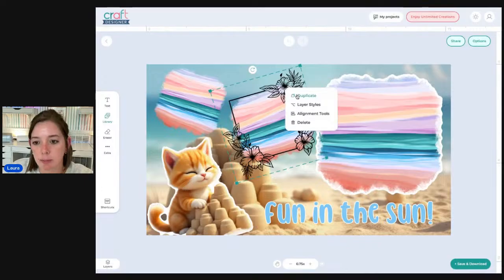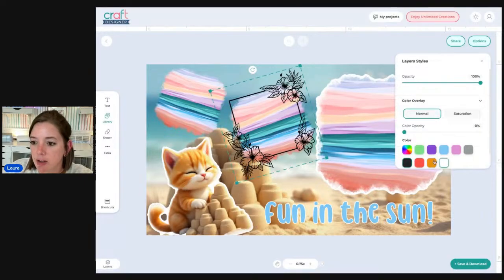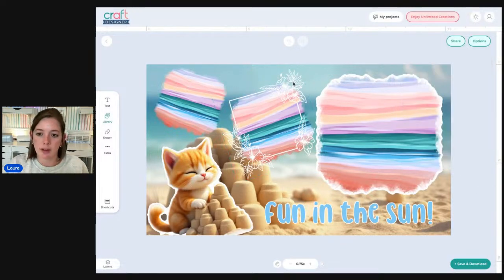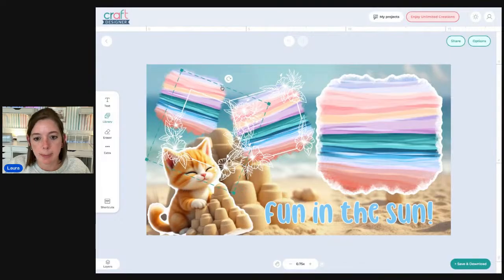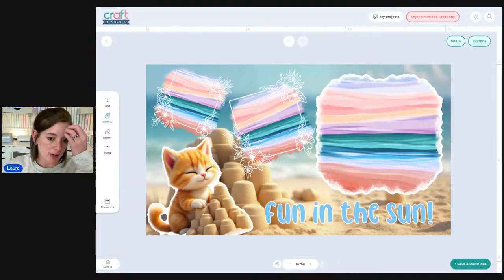That is so cute. Obsessed. I could give it a color overlay if I wanted it to be a different color, which is a really cool part of Craft Designer. Maybe another one.